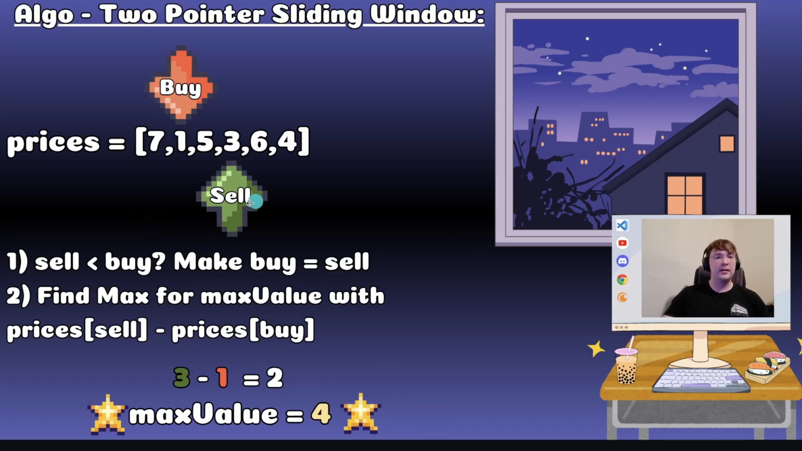We move it up again. Is sell less than buy? Well, it's not. 3 is not less than 1, so no reason to reassign. And now we're checking, is prices sell minus prices buy greater than whatever max value is? Well, 3 minus 1 is just 2, which is not greater than whatever max value is, which is 4, so